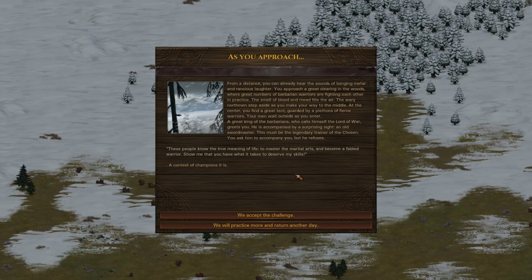From a distance, you can already hear the sounds of banging metal and rancious laughter. You approach a great clearing in the woods where great numbers of barbarian warriors are fighting each other in practice. The smell of blood and mead fills the air. The wary Northmen step aside as you make your way to the middle. In the center, you find a great tent guarded by a plethora of fierce warriors. Your men wait outside as you enter. A great king of the...